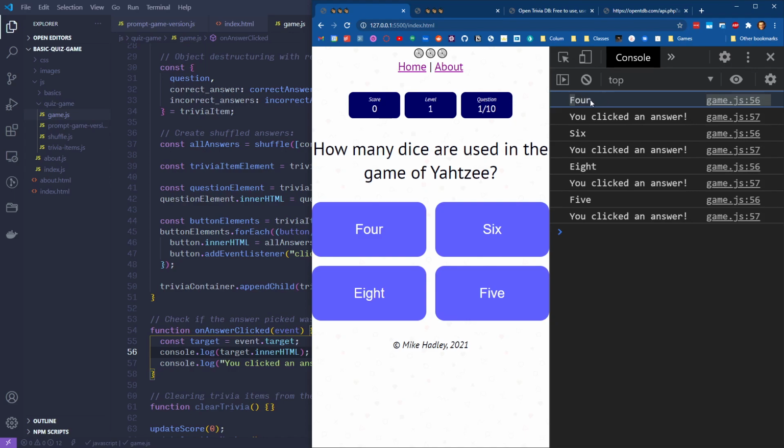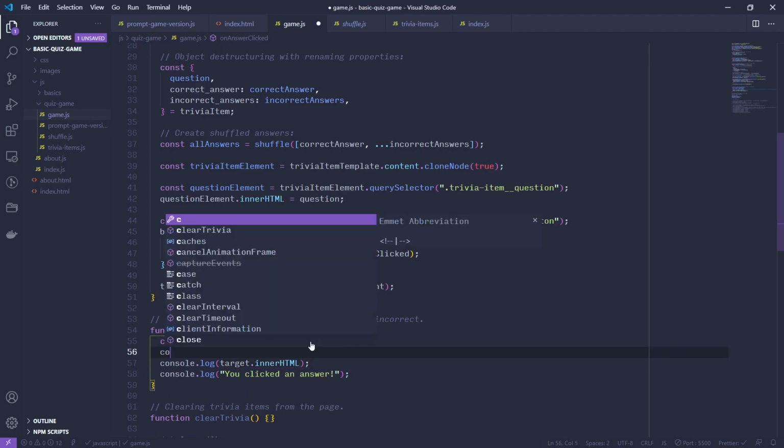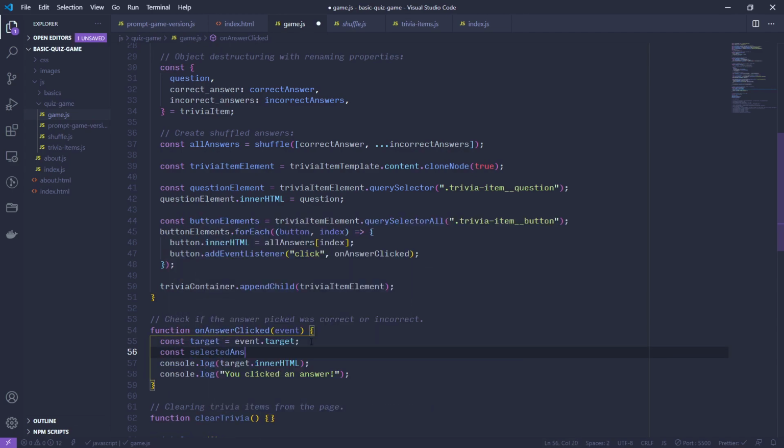So each time I click, it's printing out the HTML of that button. So 4, 6, 8, 5. So now we know what we have actually clicked on. So we could call this the selected answer is equal to